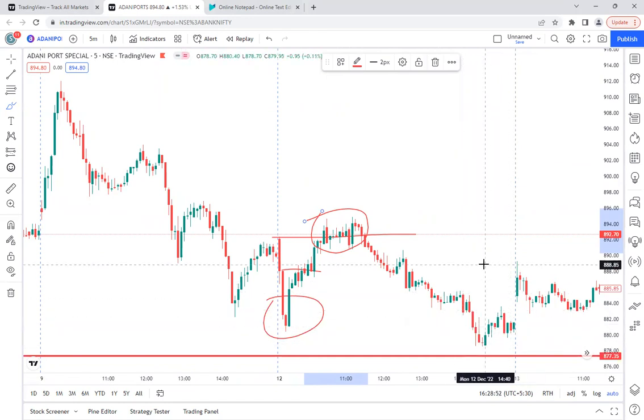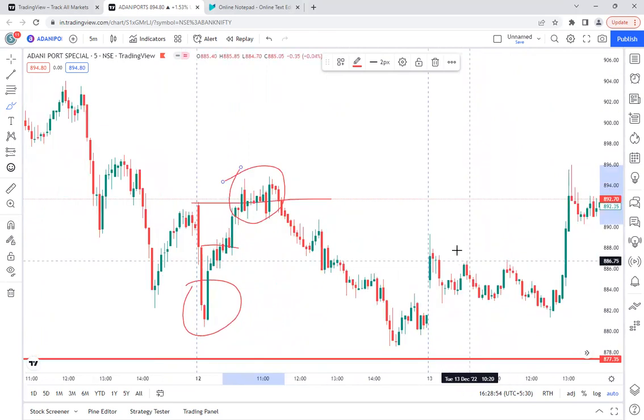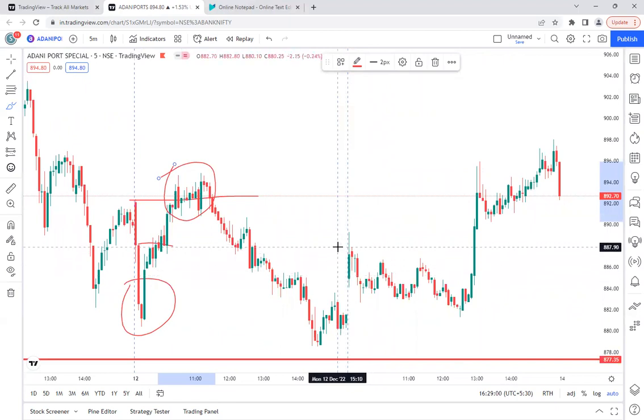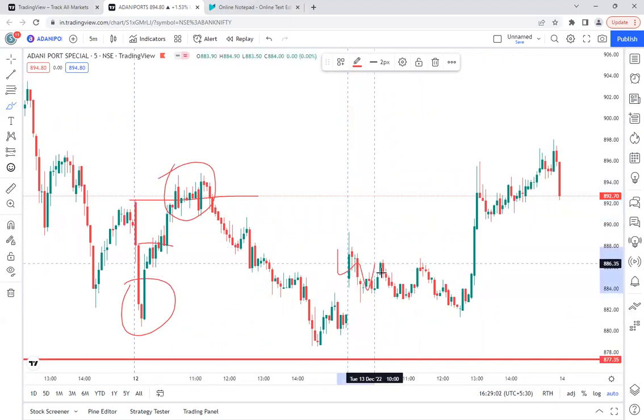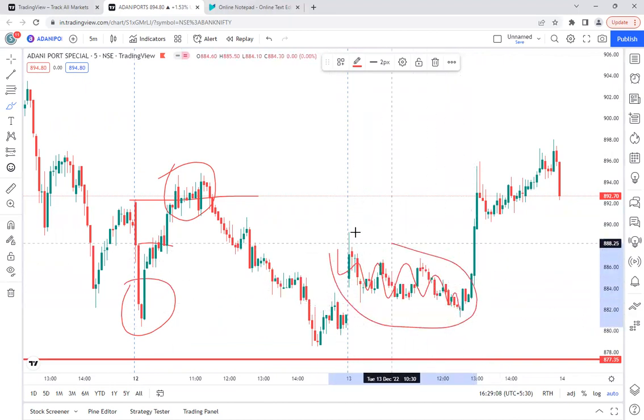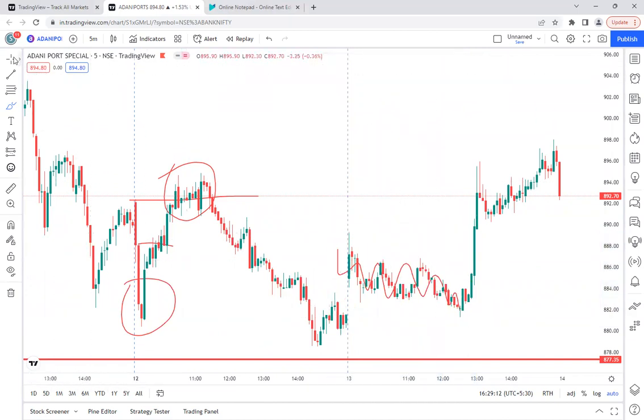But what happened today? This is today's price action. Today, if you see, the opening was good, but again, slowly they were coming down, making lower highs. They trapped as many sellers as possible. Why sellers only here? Why am I saying sellers will be trapped? The psychological thinking will be like this.